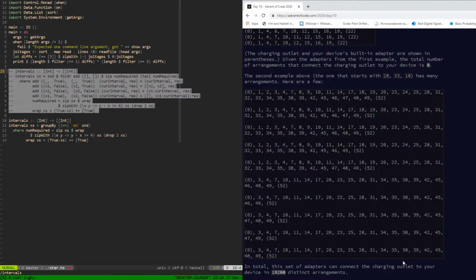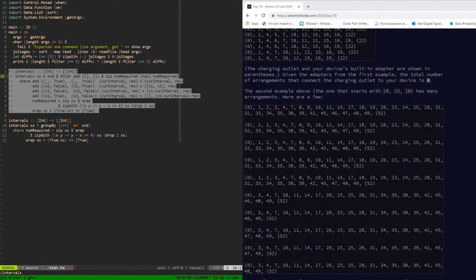But I think it's really messy because you need to create this function add, and it's not at all obvious how to use it. What I want to do is to write this function using group by, and I believe